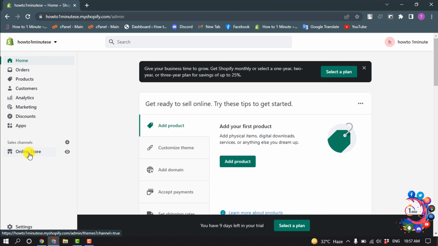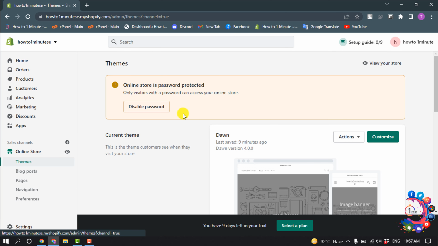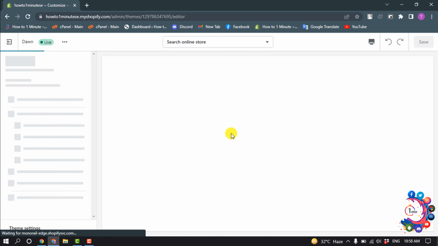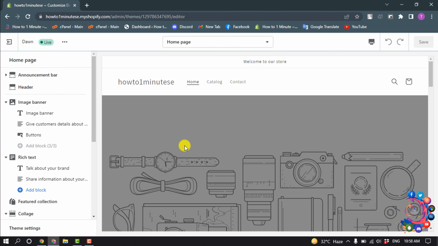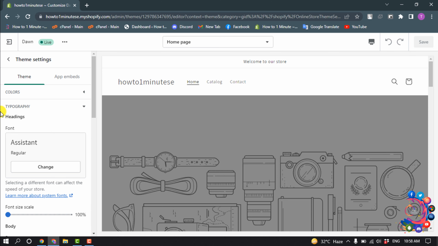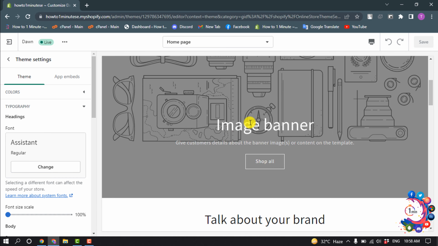So first of all, click on online store and click on customize, and click on theme settings, and here you will find this typography option, so click on it. And here you can see headings option. If you want to change your heading text font, click on change,